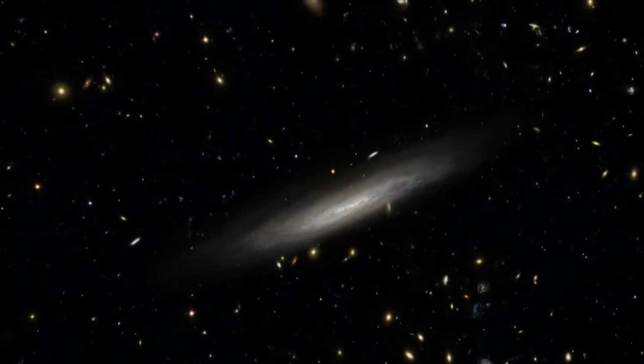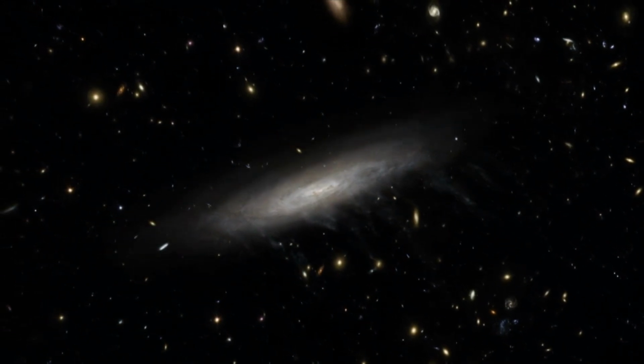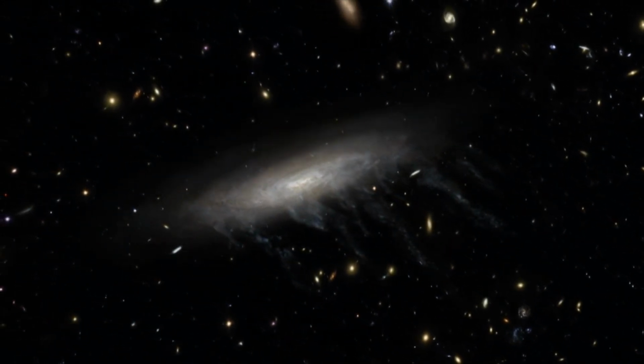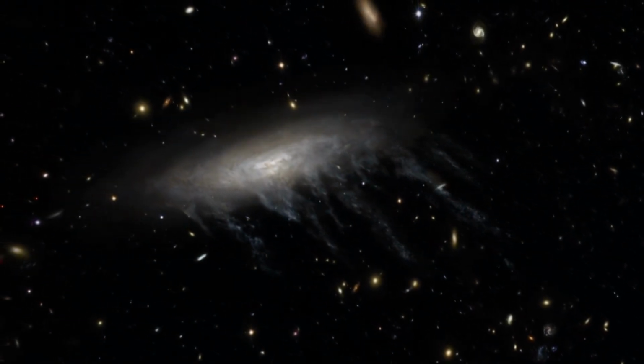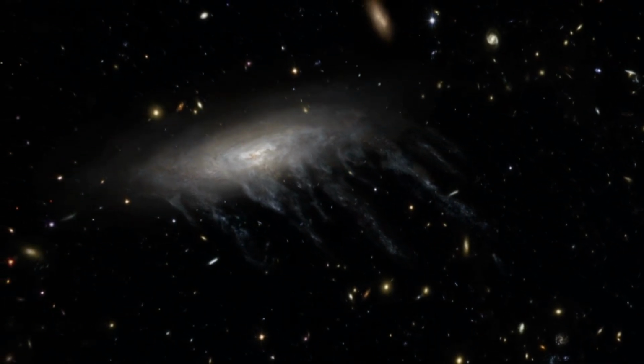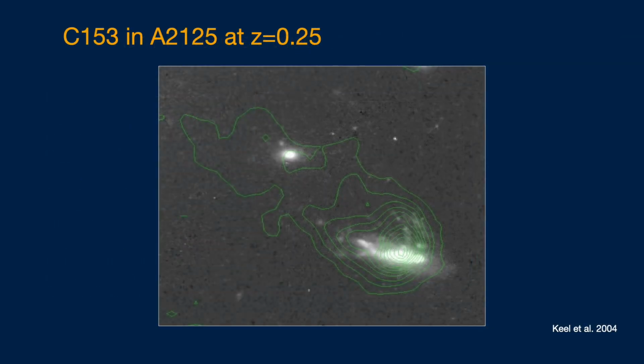This artist's illustration shows a spiral galaxy as it moves through a massive cluster of galaxies. The galaxy is undergoing a process known as ram pressure stripping, where streaks of bright gas are being dragged out into space by the cluster it is passing through. Ram pressure is the pressure exerted on a body because of its movement through a fluid. It is proportional to the fluid density and square of the velocity of the galaxy with respect to the intercluster medium. The stripped gas is hot and can therefore be detected using X-rays as shown in the image here.